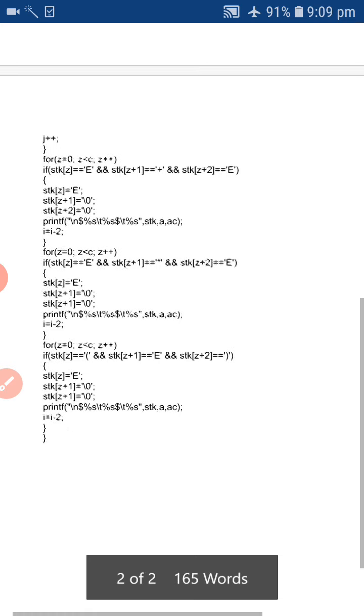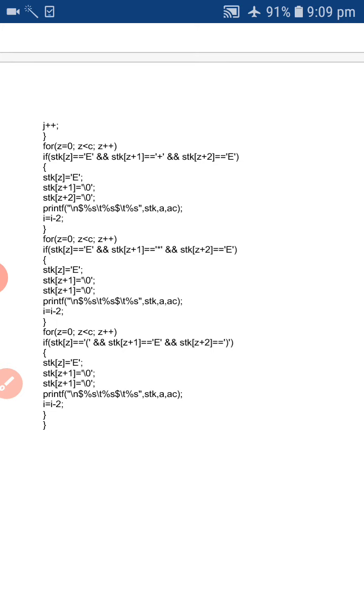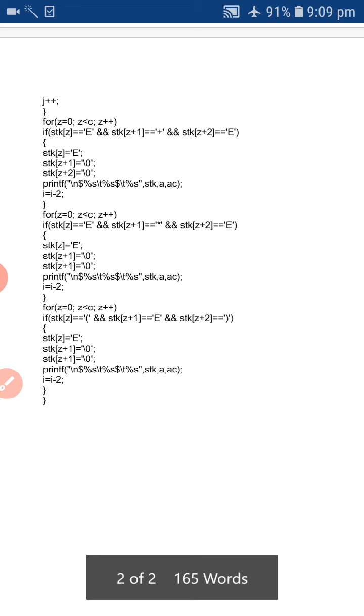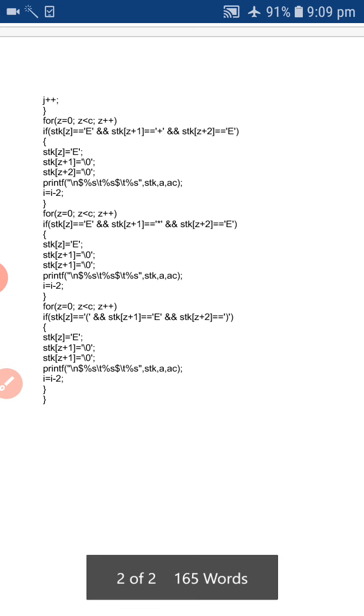Then later once again finally it will be checks z equal to 0 less than c, z plus plus, this is the length of the string. So this length of the string checks, so E tends to open curly braces and into bracket of E and then close curly braces. So here using stack of z equal to open curly braces, z plus 1 E I am using here.